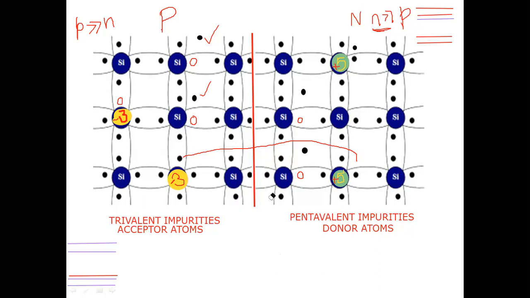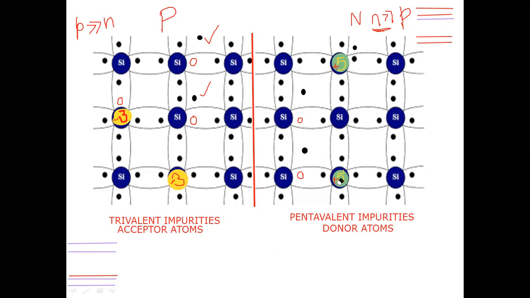It is now sitting here. Actually, there is an electron here. Now this electron is moving and sitting in this hole. Previously there was a hole here, so it is sitting in this hole. Now, does this pentavalent impurity atom possess an electron? No. This electron has now migrated to the p side. So this pentavalent impurity atom is donating an electron for the purpose of conduction.